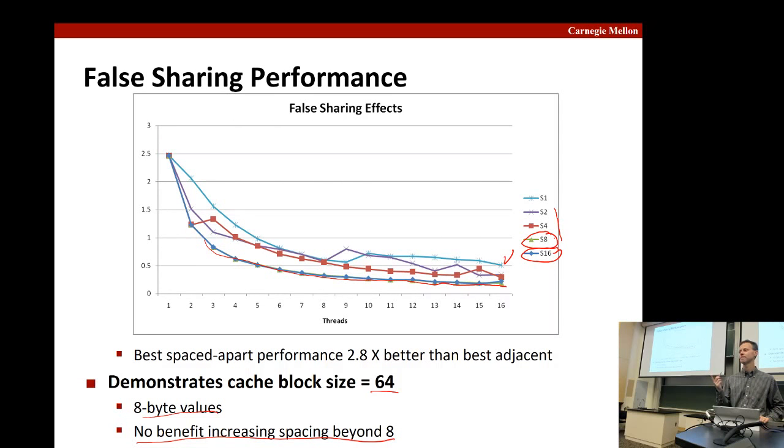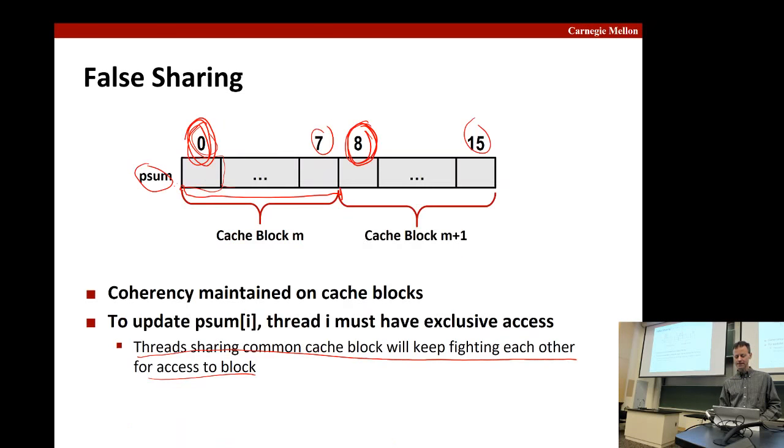Any questions? Yeah. So the spacing doesn't change anything regarding cache hits and misses. It's just about using more of the cache, because two threads can't access the same line at the same time. Yeah. So we think of that